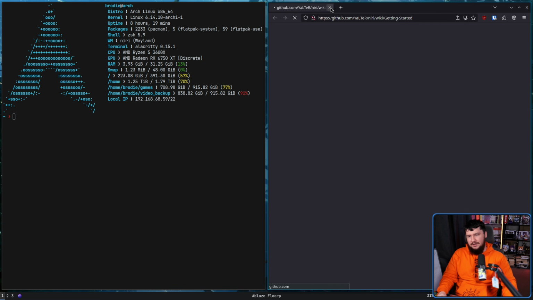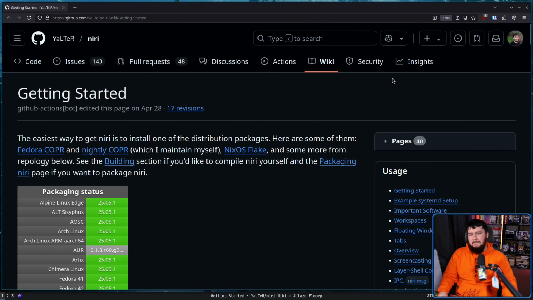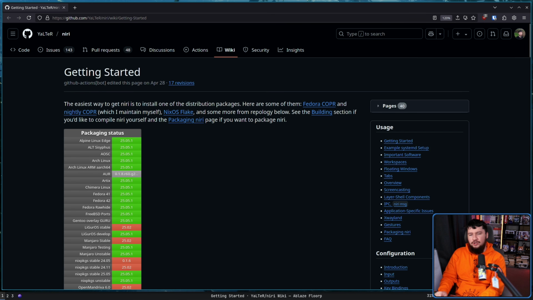Now, I will say one thing about the wiki. I do not like GitHub Wiki. I think it is one of the worst pieces of wiki software ever created. It is so bad for the user. It might be fine for the developer, and this is nothing against the project itself. This is just a bad tool that's being used that is built directly into GitHub, because there's no way